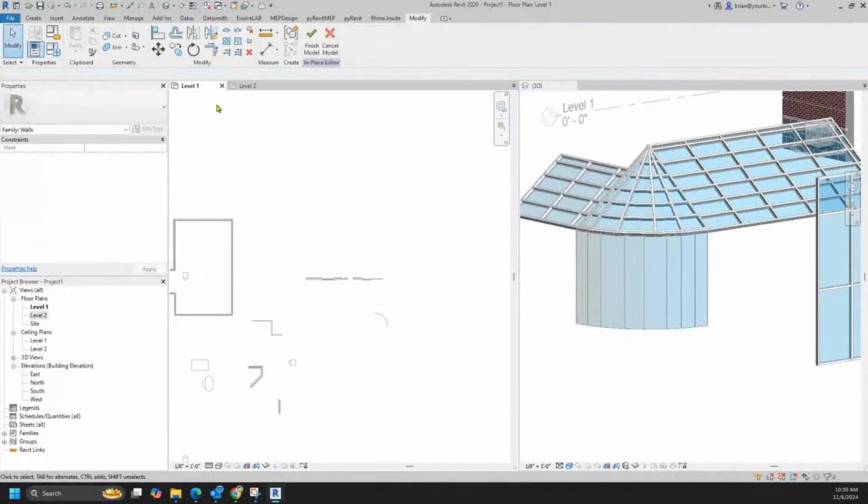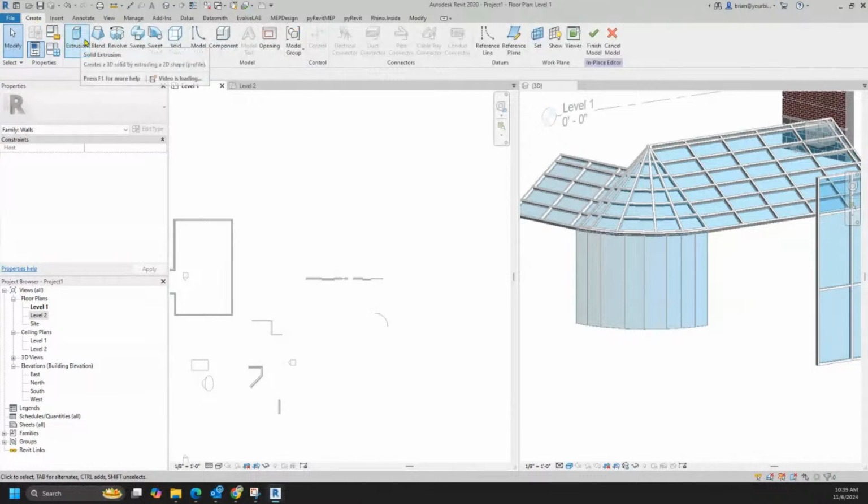Now we're in this mode where what we can do is hit create, and these look very similar to our families. We can do an extrusion, we can do a blend, we can do